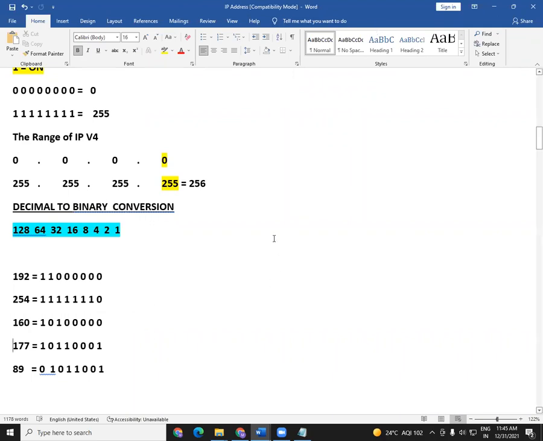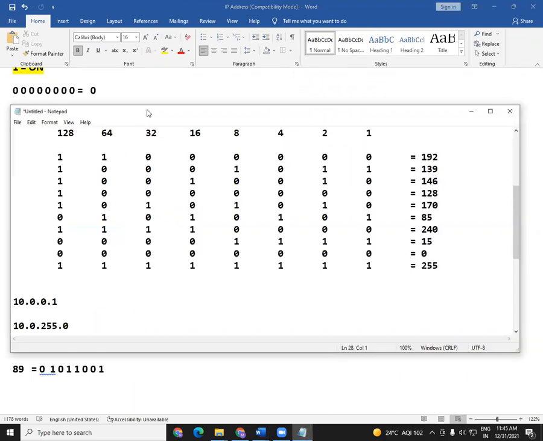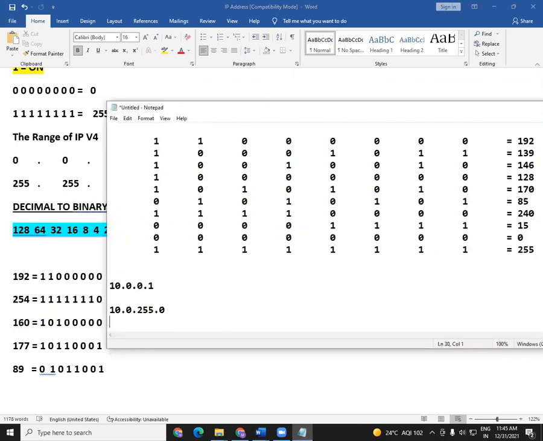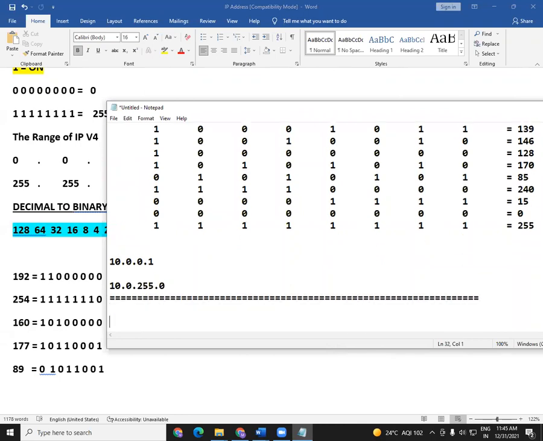Okay, so let us see how to convert a decimal number into a binary number. Now this is also very easy. You just need to follow some basic rules here. Okay, I'll go with a number like 192. It is clearly there. So 192 is a number. Now, before I convert this 192, let me just write these values: 128, 64, 32, 16, 8, 4, 2, 1. These are the numbers we have.